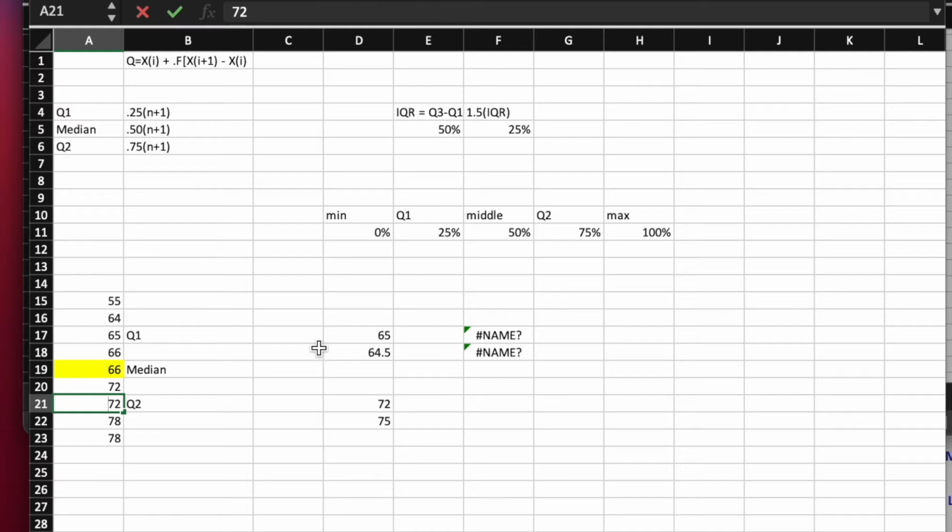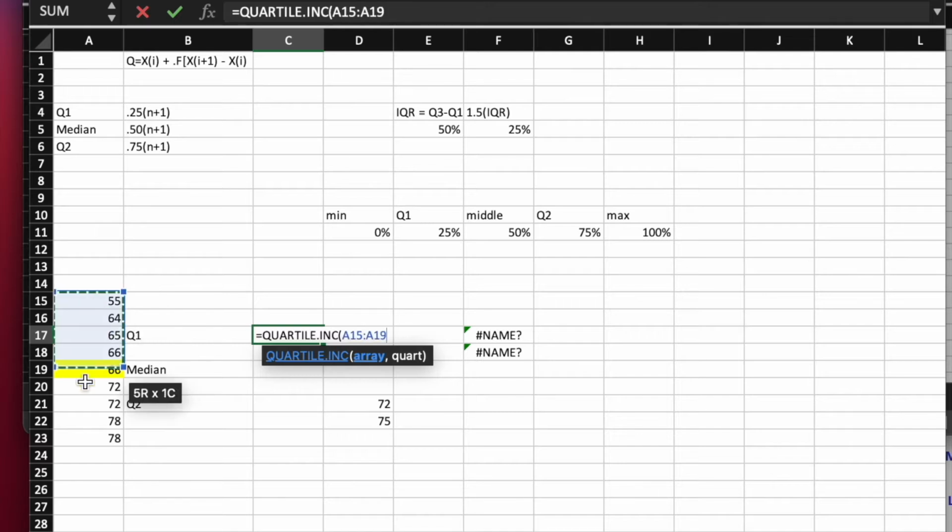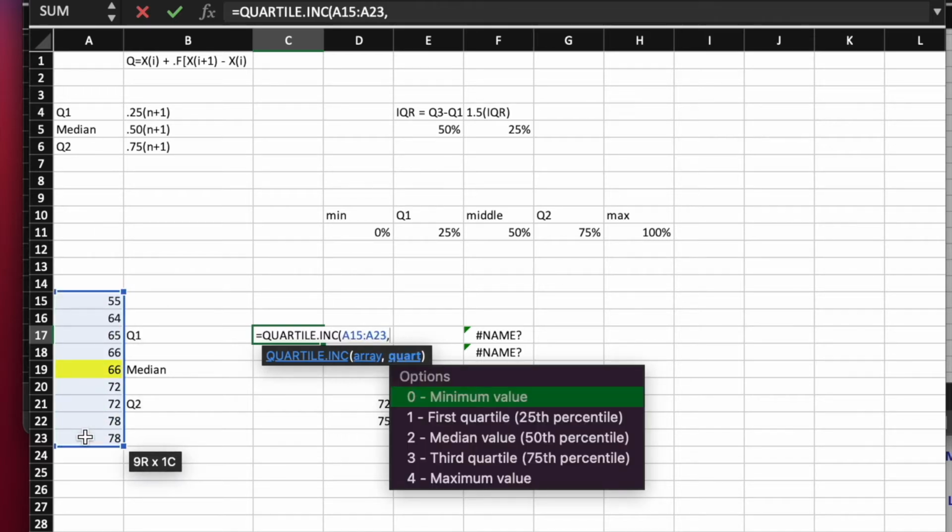So let's do, real quick, the include method, right? I technically already did it here, but I'll do it again so you'll see. We type equals quartile. You see two options, quartile exclude, quartile include. If we choose quartile include, we define the range. We're going to be given one of 5 options: a minimum, a first quartile, a median, a third quartile, and a maximum value. This is where it can get a little confusing because, in my opinion, when we're doing